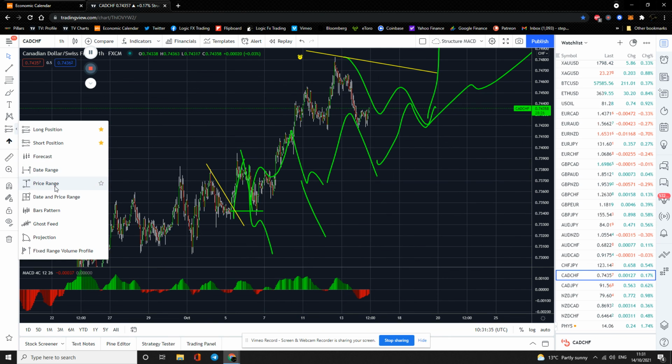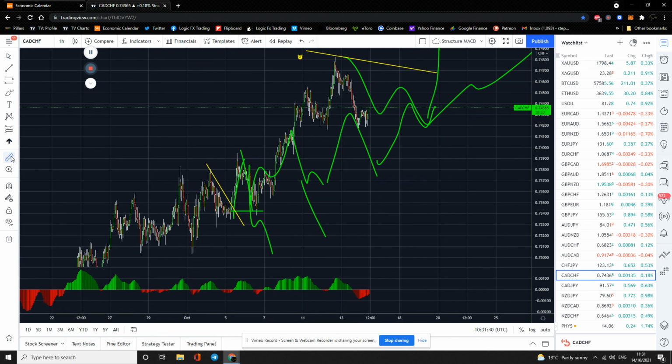Where's the measuring thing? Shows you how long it is since you used it. Is that it there? Measure. Where did it say I got in here somewhere? 0.8% with leverage. Could be as high as 18% or say half that, 9%. Or 132 pips. The amount of people go, hey, we got a move of 132. No, you didn't get a move of 132 pips. You didn't trade that and get 132 pips out of it.